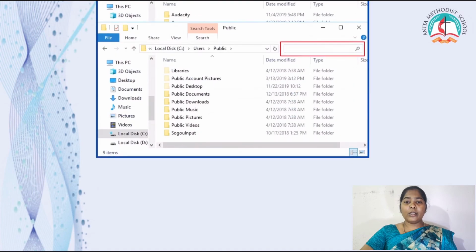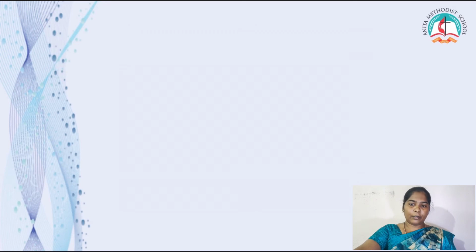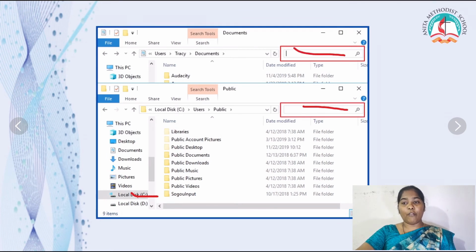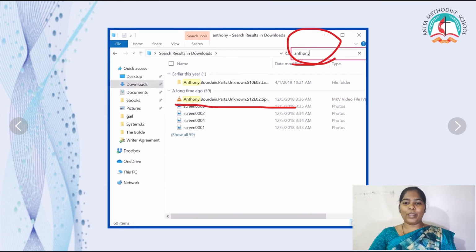Look here. This is if I want to search from a particular document location, for example, here Local Disk. So under the Local Disk it shows like this. I can type here or I can type here. So the particular file will appear for me. For example, here I am searching for the antennae file. Can you see it has been highlighted here? Then I can click and open that particular file.